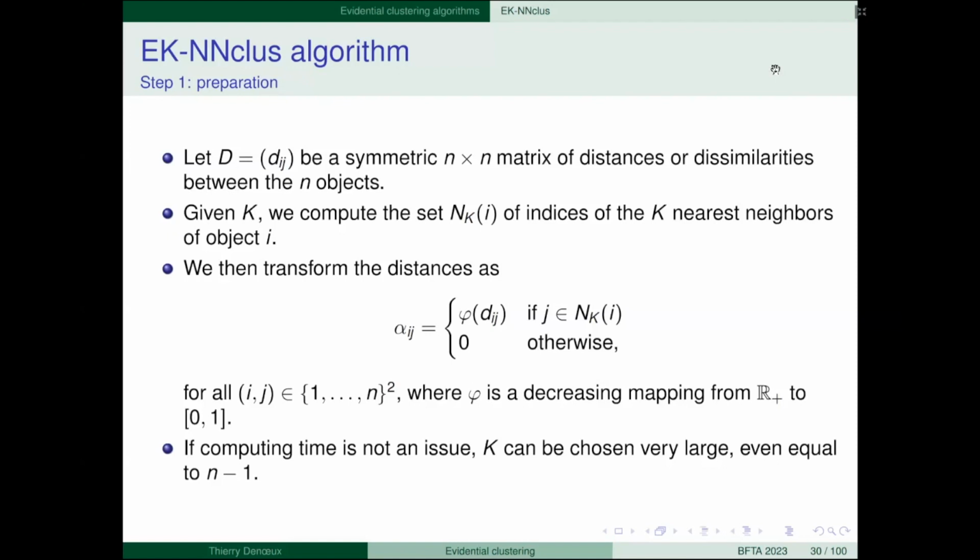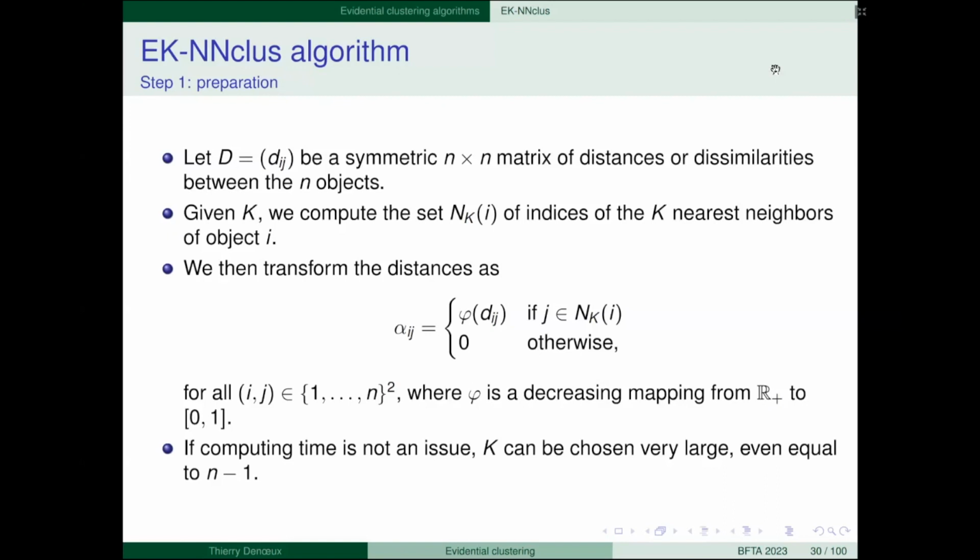So we fix some number k, and we compute the k nearest neighbors of each object i. So for each object i, we search for the k objects which are the closest to i, and we denote the corresponding set of indices as N_k(i).